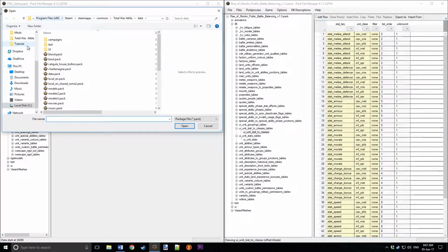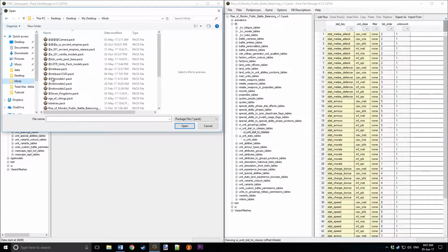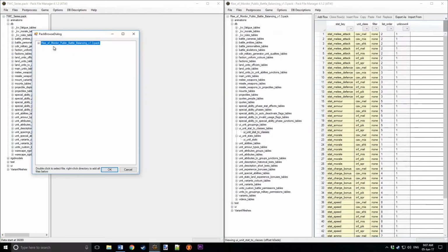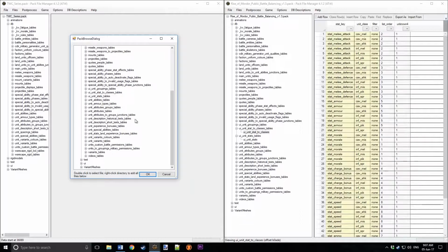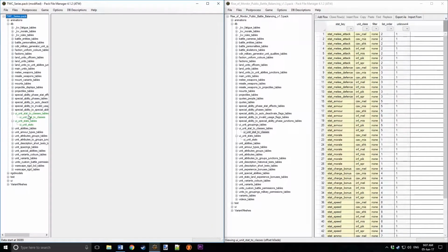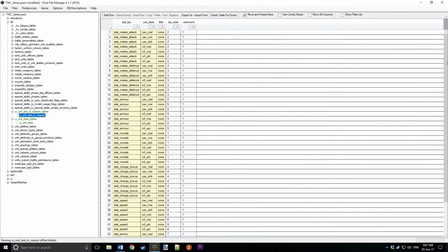So we're going to add, where'd I put it? Here. Database. So we're going to scroll down. So you go to data.pack to add this, and we'll go to UI stats to classes and UI unit stats, and we'll open those up and close that. Now you can see